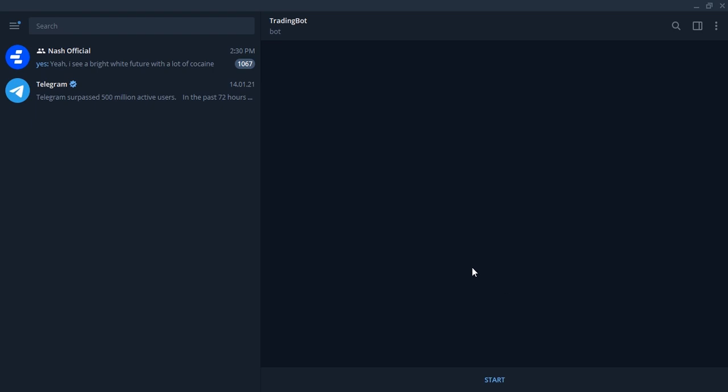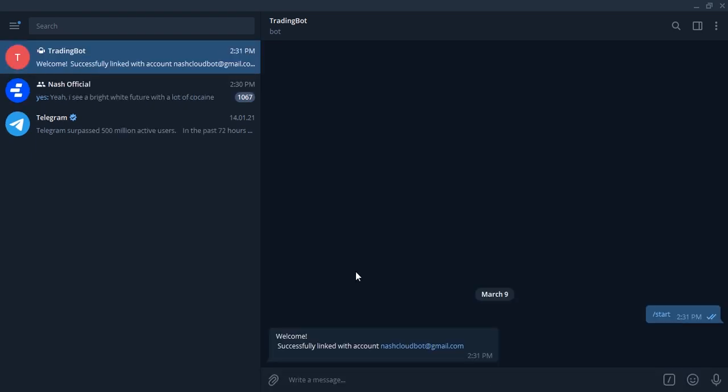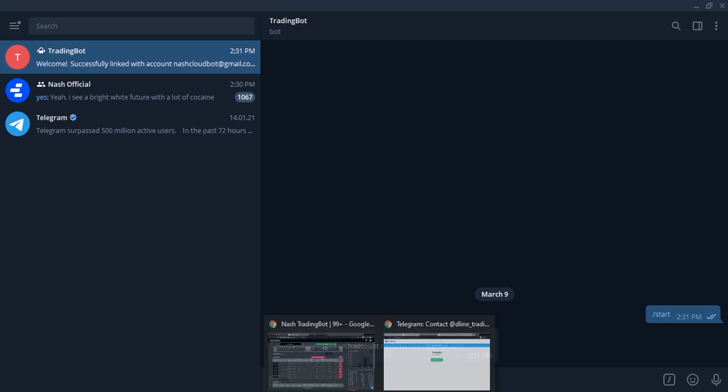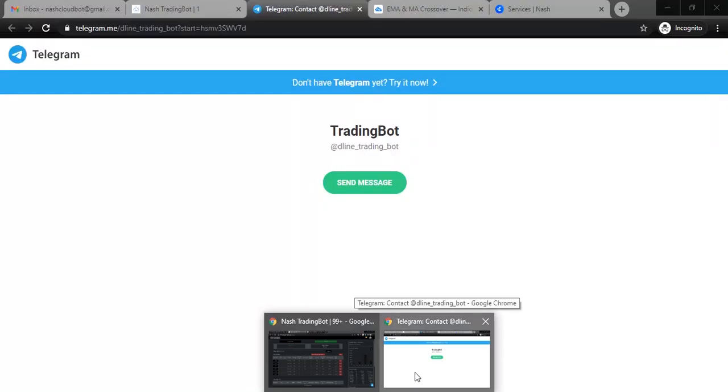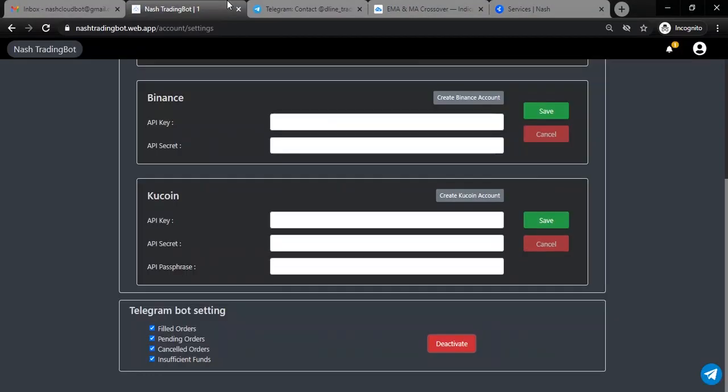Then click this start button. Okay, now your Telegram account is successfully linked with the trading bot account. You can set Telegram notification preferences here. If you click on filled orders, you will receive notifications only for filled orders.